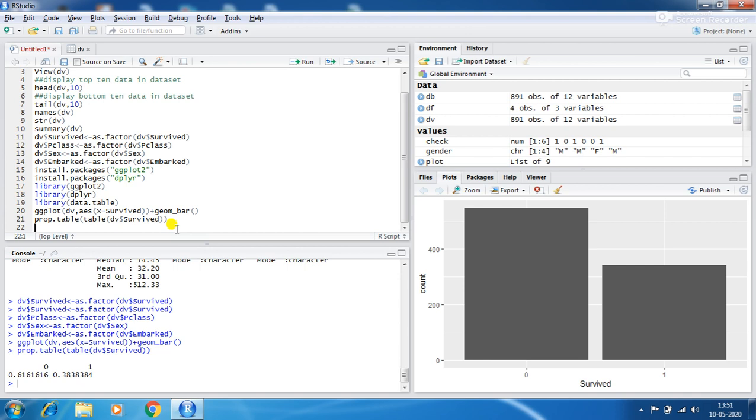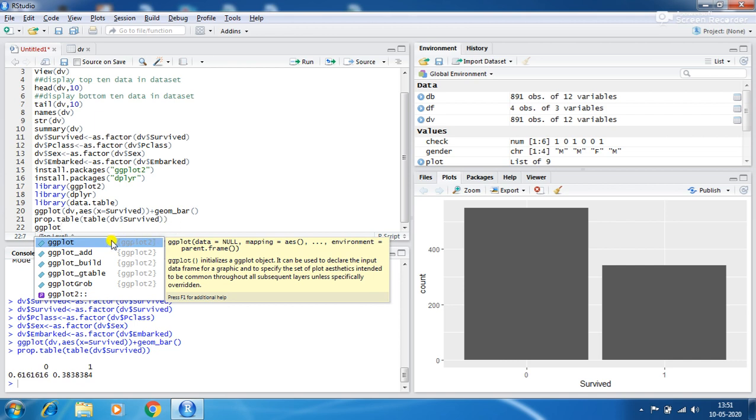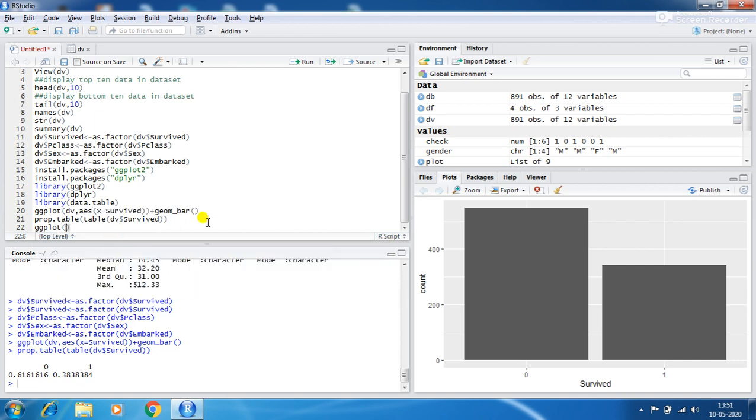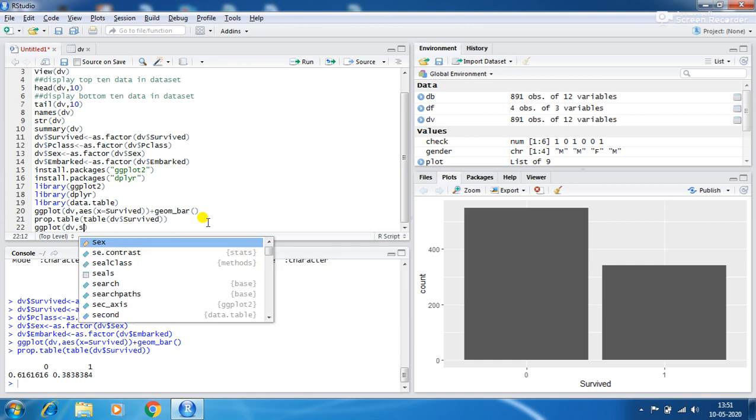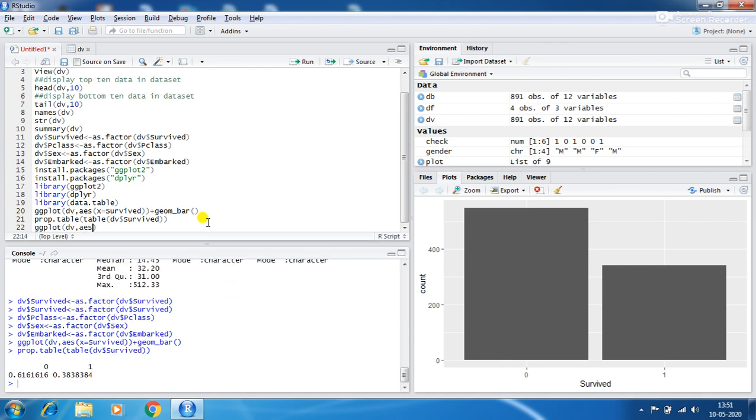That is ggplot, dataset is db, comma aes, then x equal to sex, comma, fill equal to survived.